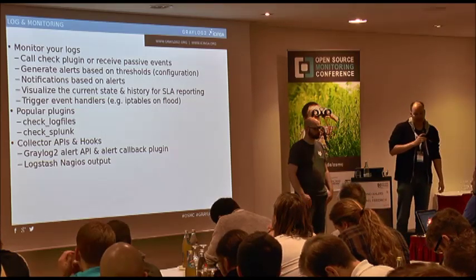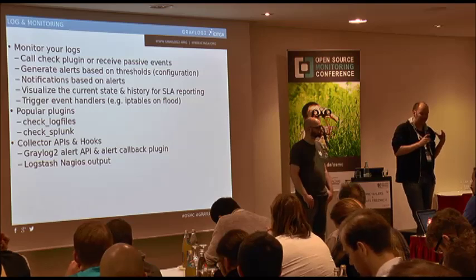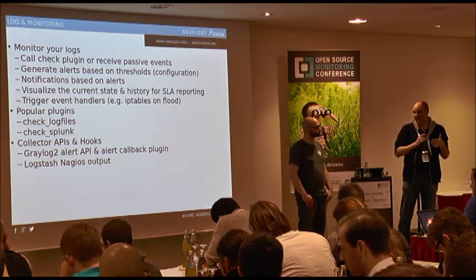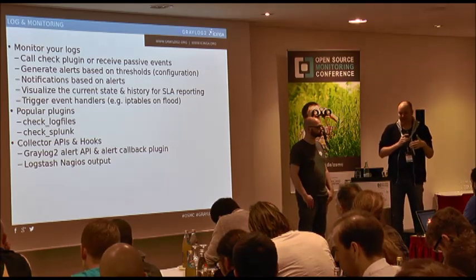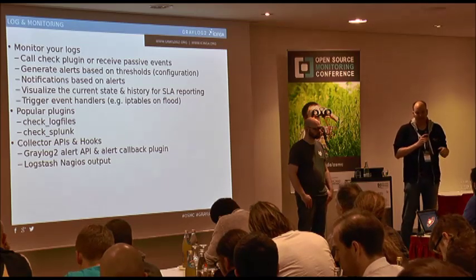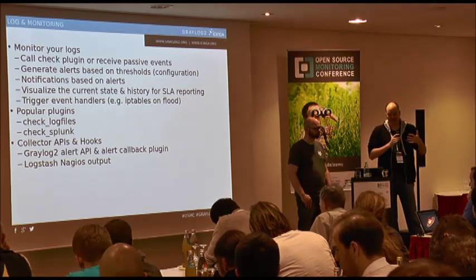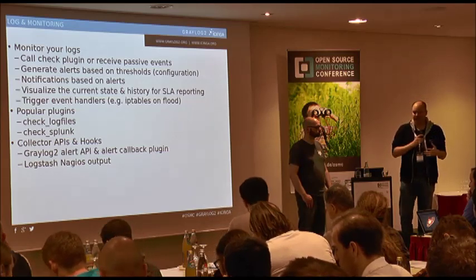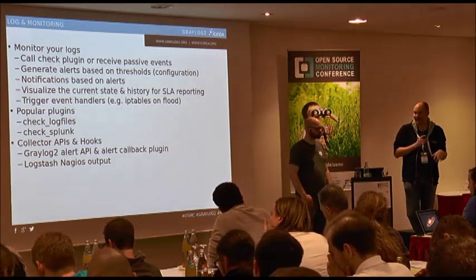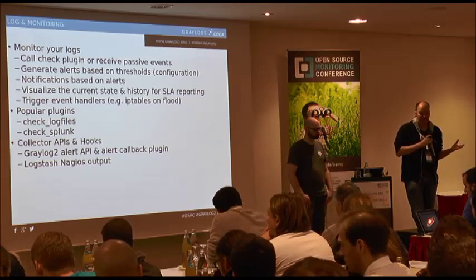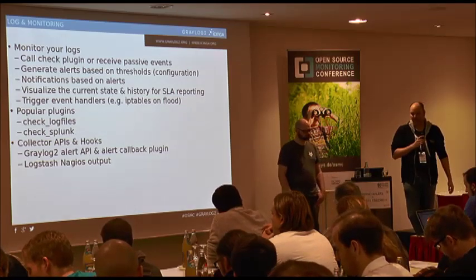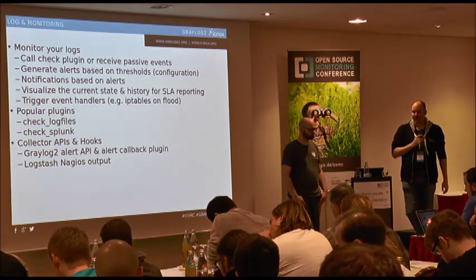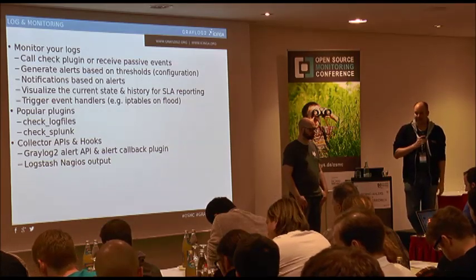One thing which is sometimes hard is what the current state for being an alert is. Is it running? Is it critical? Is it unknown? Is it undefined? Does it depend on something like 10 events in the past 5 minutes? How do you configure it to trigger a notification or alert, and also state history for SLA reporting? Or even to trigger an event handler that says, I don't really care what's happening, my event handler does an iptables shutdown or flush or whatever, and no one can access the box anymore because it's dead anyway.